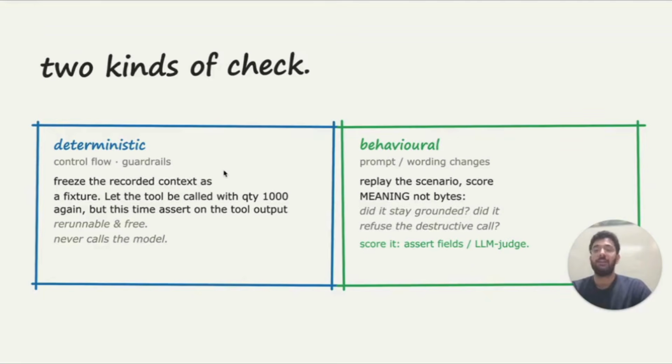Now, this is exactly where Chronicle shines, because as we just saw, Chronicle freezes the entire agent run as a context. So you can use the LLM nodes context to stub the LLM outputs. This essentially kicks the probability out of the window, and your entire agent run can become a test case. This is rerunnable, and since it never calls the model, it is free. On the behavioral side of things, you measure things like the tone of the agent or whether the trajectory it took was right. This is more subjective, and this is where techniques like LLM as a judge are better off.